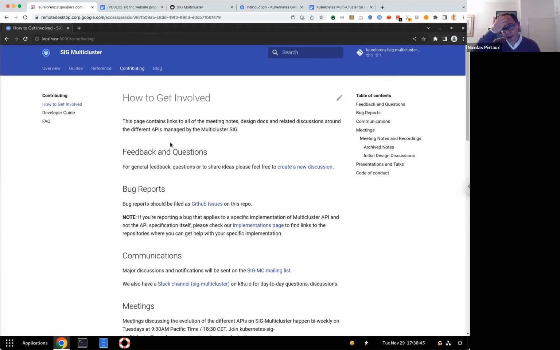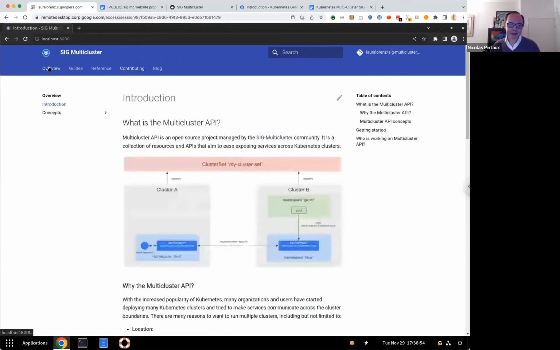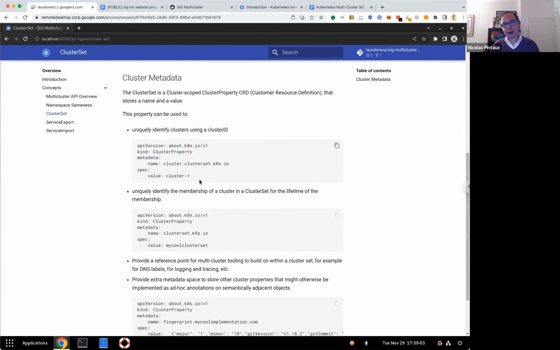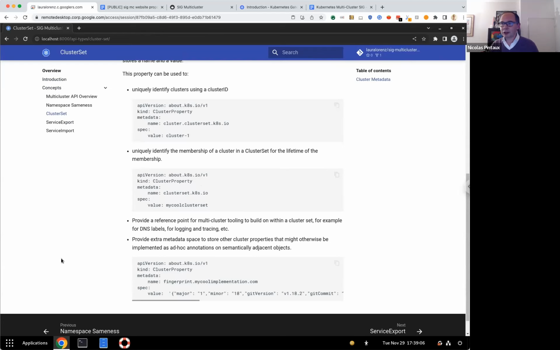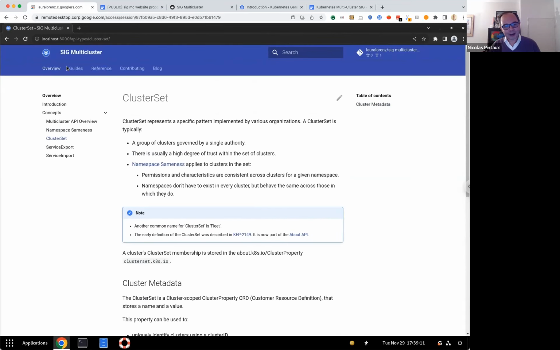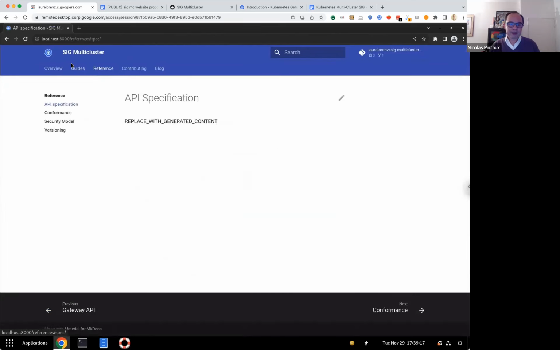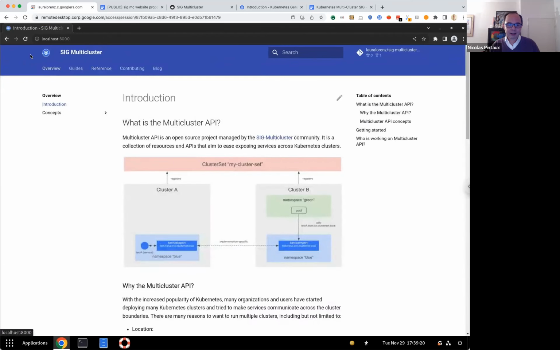And as I'm new on the project, I put a bit of time into listening to the old videos and getting some ideas. There's obviously the cluster set, service export, service import stuff. There's also this notion of About API and multi-cluster services API and work API somehow. So I've not settled yet on a model, but I try to gather as much information as I can. It's not finished yet, and there's still the implementation stuff, but it's a work in progress, and this is just the latest and greatest that I put together for today.